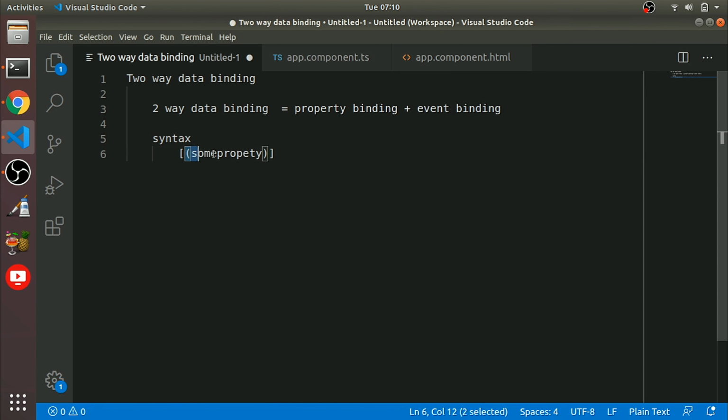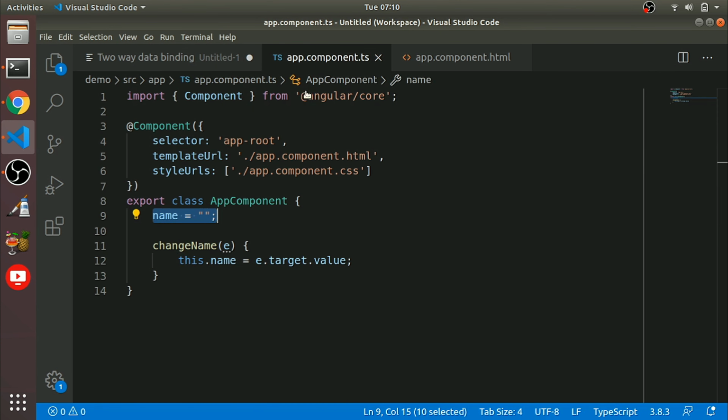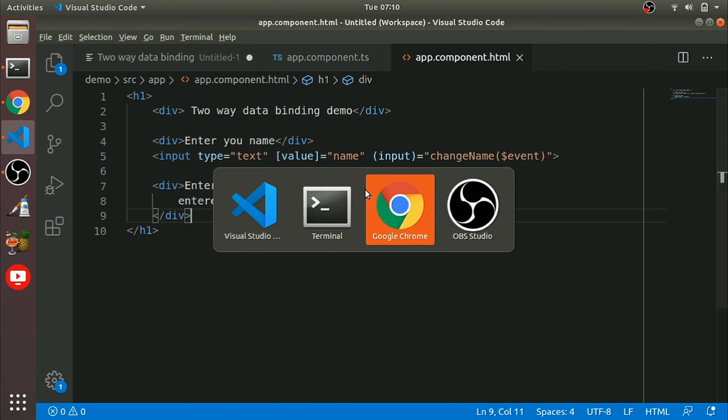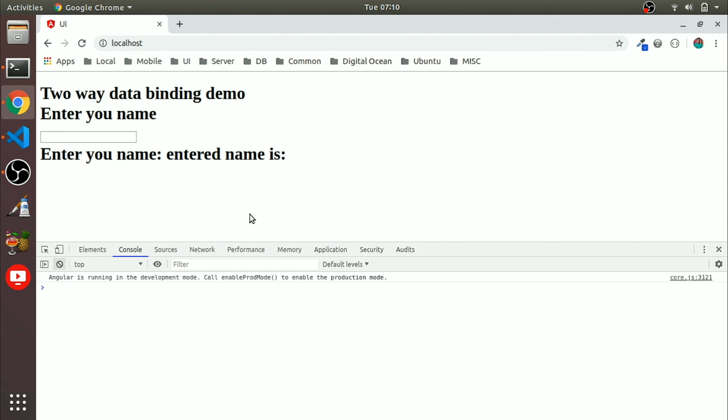First we define a method, then a property. So this is equal to two-way data binding. Let's see how it's working. Let's go back here. What we have put is coming here.